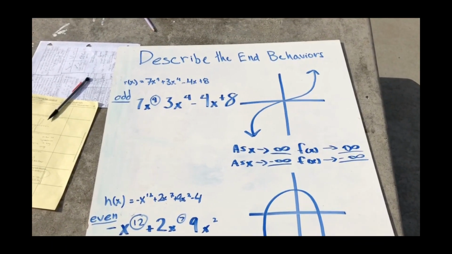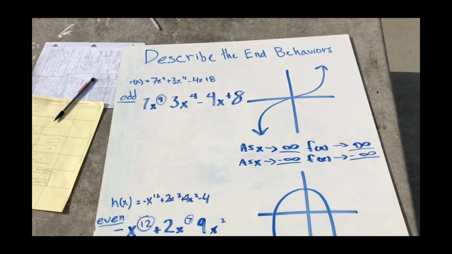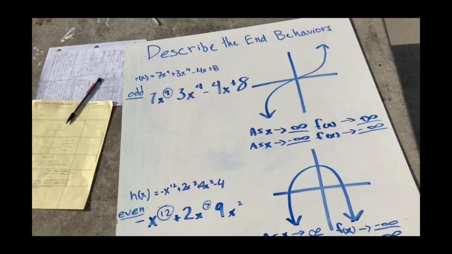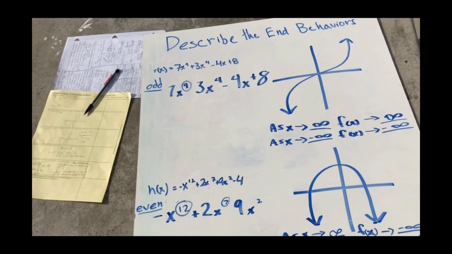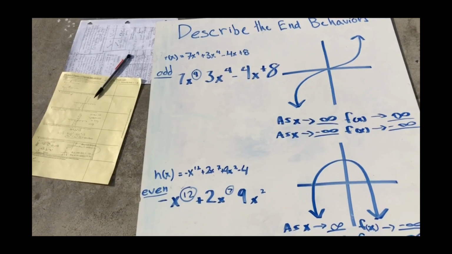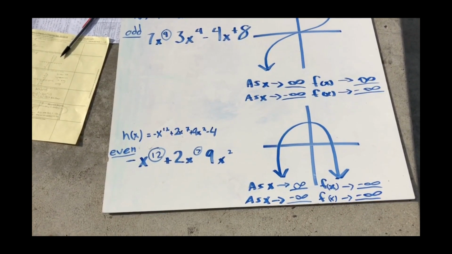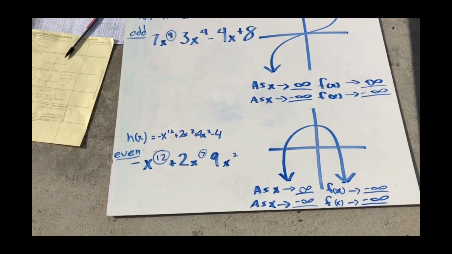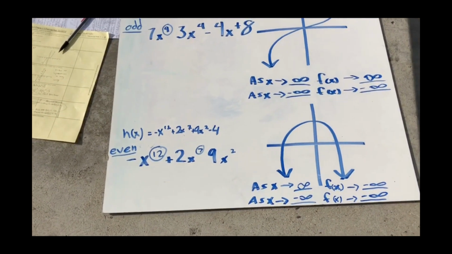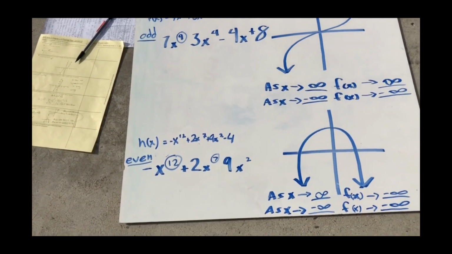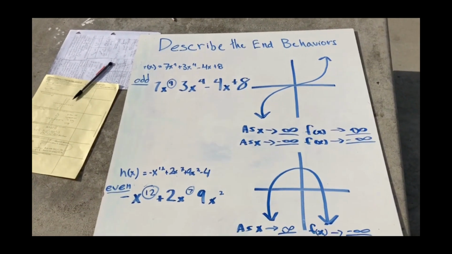Describe the end behaviors. We have both functions, and the first one is r of x equals 7x to the power of 9 plus 3x to the power of 4 minus 4x plus 8, and the other function is h of x equals negative x to the power of 12 plus 2x to the power of 7 plus 9x to the power of 2 minus 4. So for each equation, what we did was figure out the first